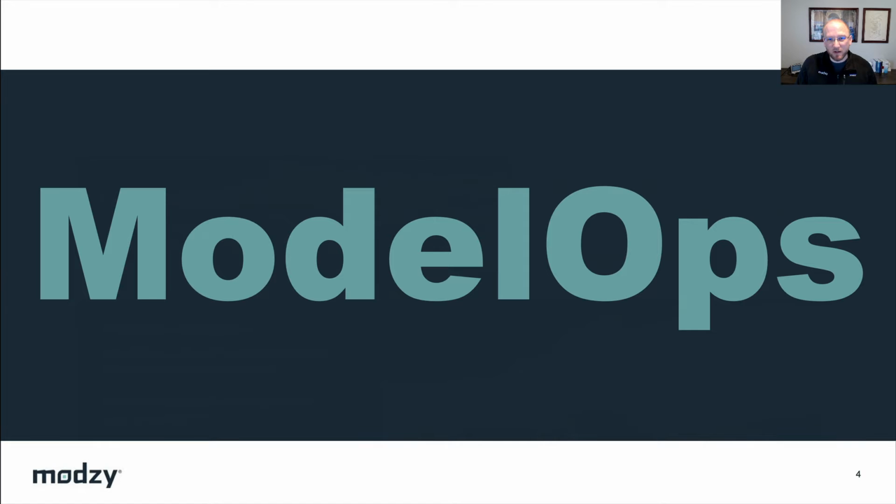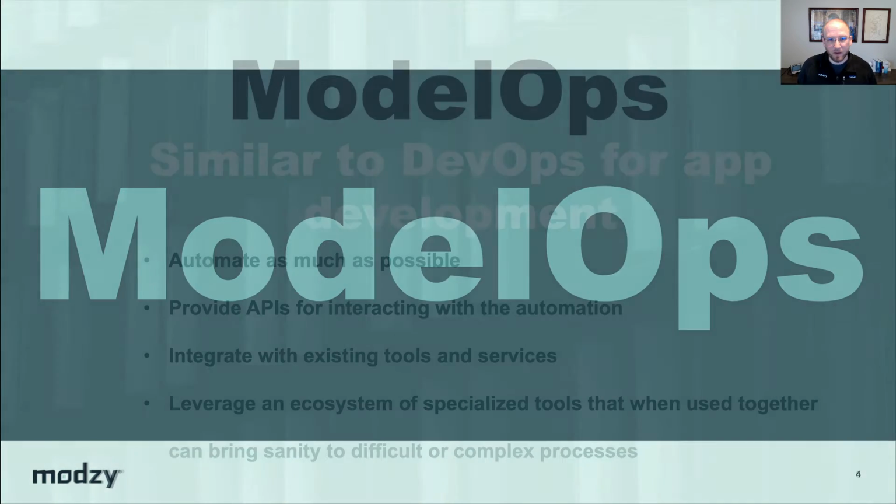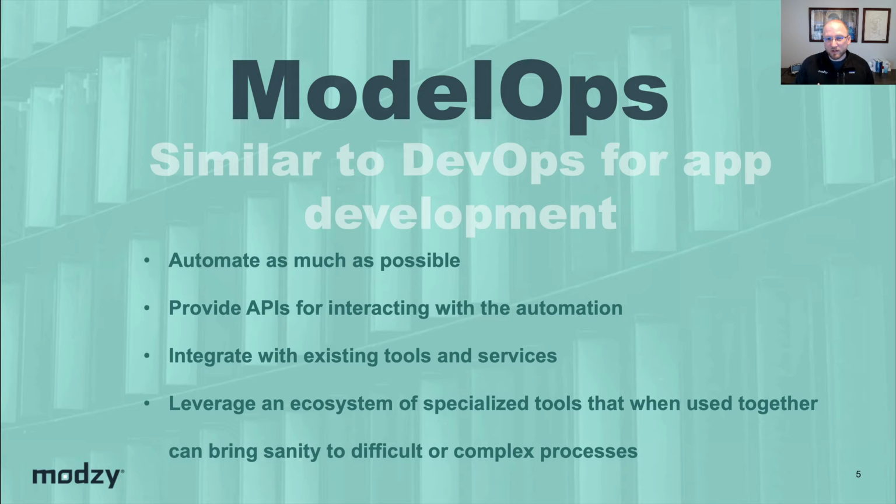So let's define what ModelOps is. ModelOps is to artificial intelligence and machine learning what DevOps is to application development. And like DevOps, it has similar aims. First, the goal is to automate as much as possible and provide self-service APIs to invoke the automation, particularly those steps that hand off between different personas. This reduces the demand on your DevOps and infrastructure teams and allows for more consistent, auditable, and rapid delivery, since each team does not require the time or attention of another team to deliver their work.